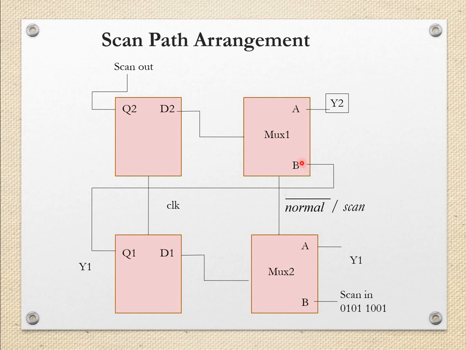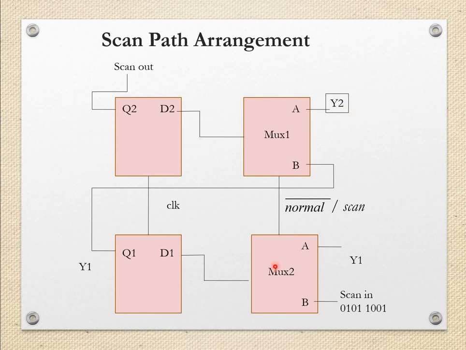Here also again, with the help of the scan mode, the B input is selected and that is connected to the output given to this flip-flop, and then here we have the scan output. So whatever scan in is provided, that same is available as the scan out. If there is any fault anywhere, then the scan in and scan out data will not match, and we can do the partial scan for this fault checking.